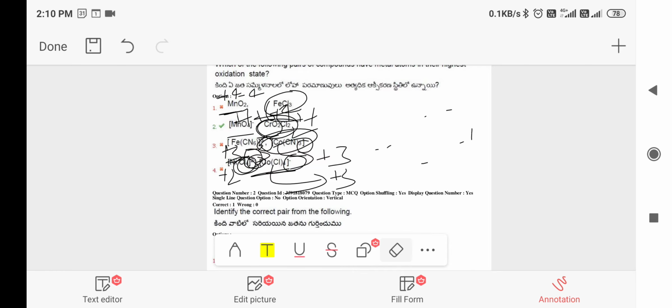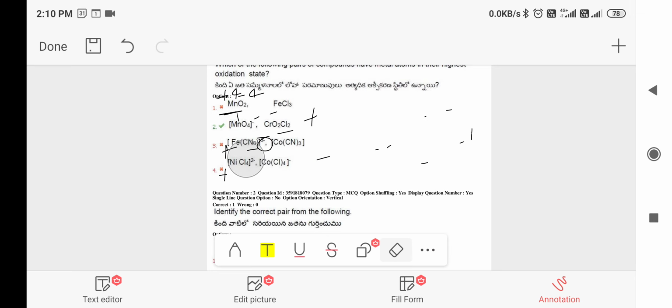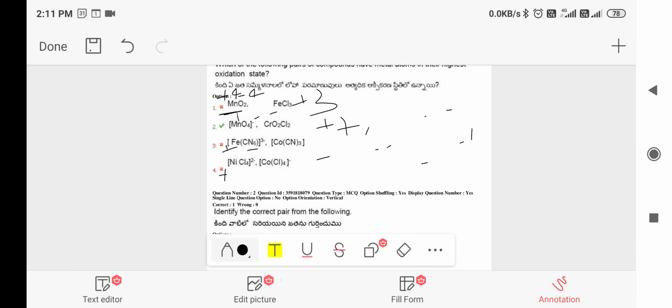So finally we have +4, +3, +7, +6, +3, +3, +2, +3. So in the given options, we know the maximum possible oxidation state for manganese is 7, because